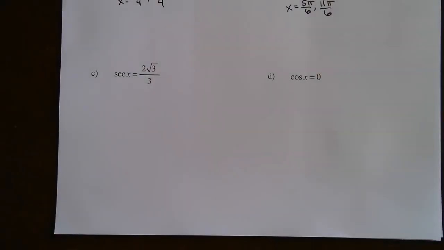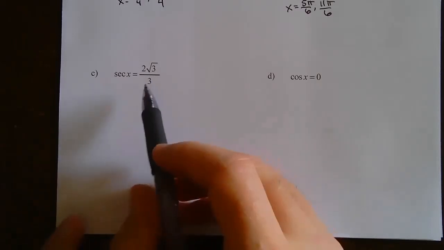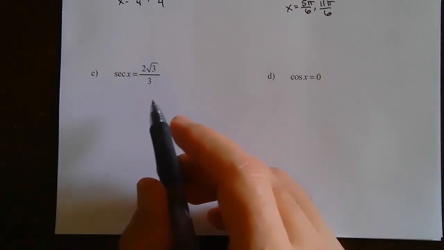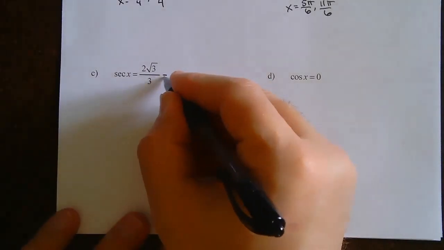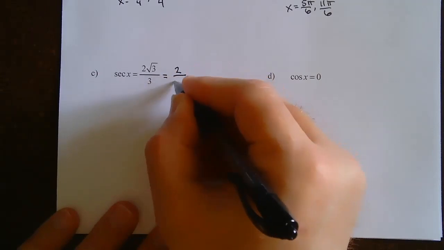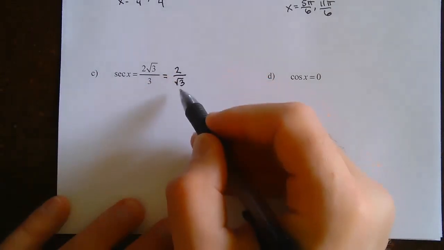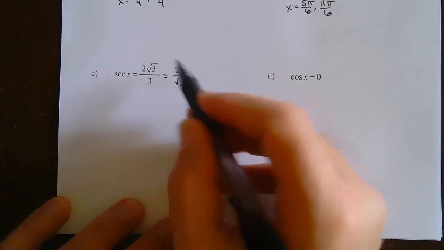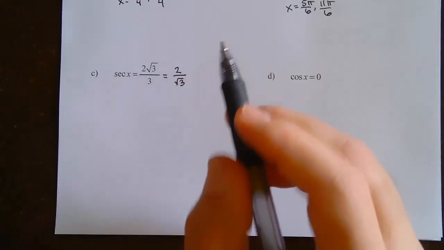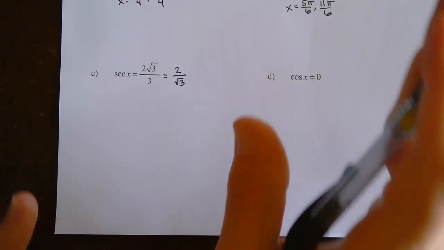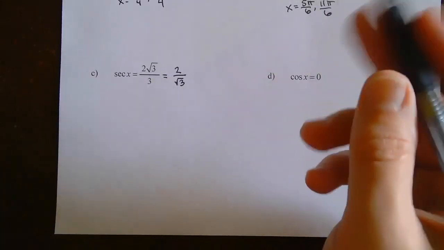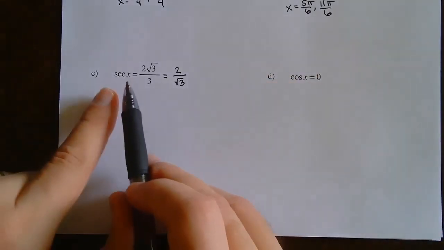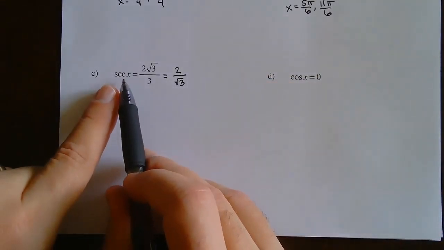Okay, so this one we have secant x is 2 square root of 3 over 3. So this isn't recognizable as sides of a right triangle. That's because this has been simplified, right? And so this is actually 2 over the square root of 3. Because if you take 2 over square root of 3 and you multiply by square root of 3 over square root of 3, that's how you get this 2 square root of 3 over 3. Now this should make sense. You've seen special right triangles where one of the sides is 2 and one of the sides is square root of 3, okay? So secant is the reciprocal of cosine,